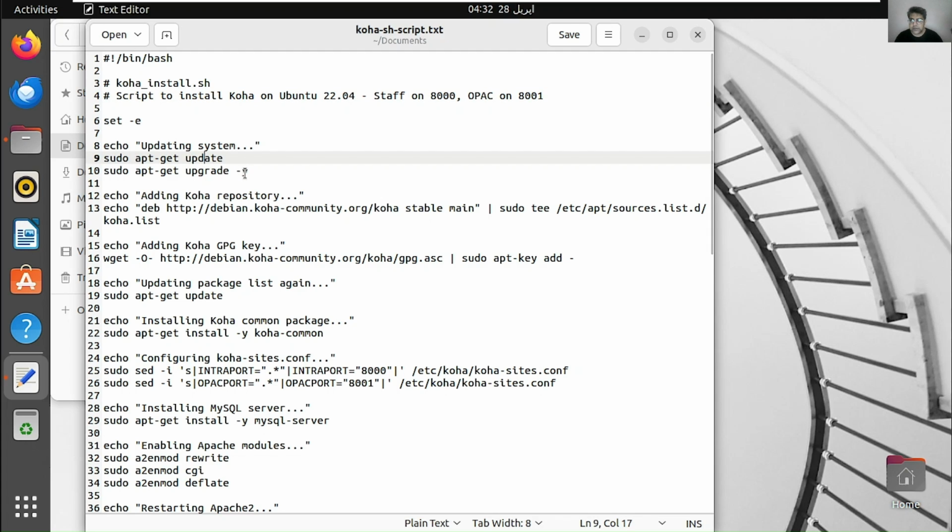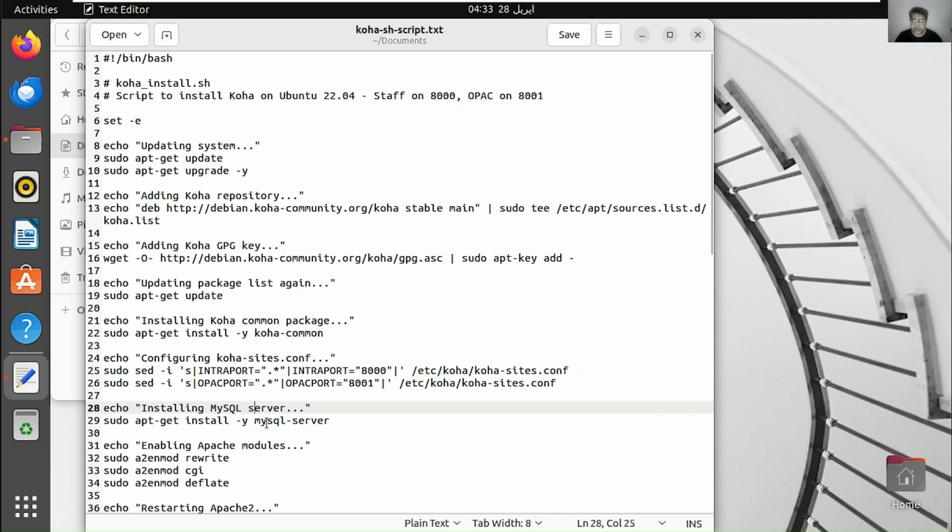The first command is to update and upgrade, and then we will add the repository for the stable version, and then we will add the Koha GPG key. It's also called a source key. Then update the packages again and install Koha common. These are all commands, and they will execute at once. Then we change the port on the Koha site configuration.